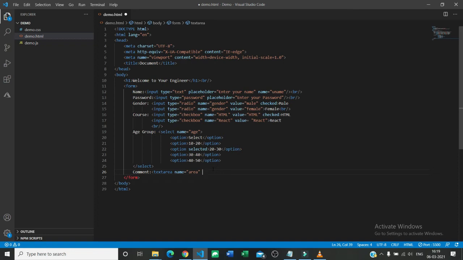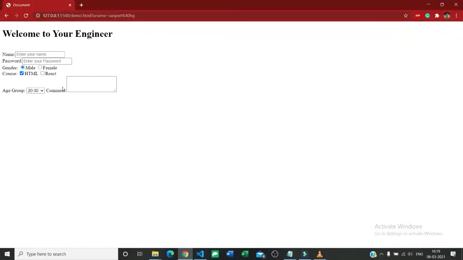So for example I am giving here rows equal to 3 and columns equal to 10. Okay, so here you can see that there is a comment section.